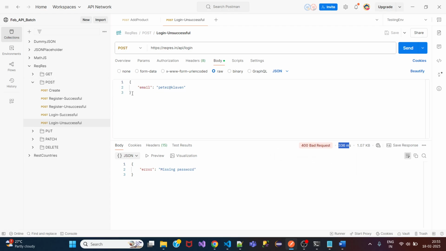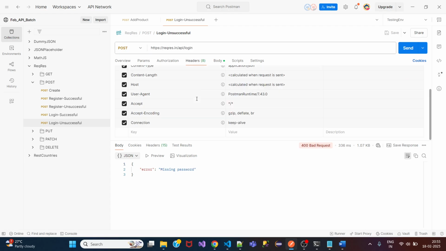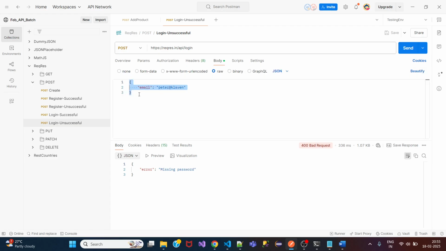You have entered everything correctly, whatever the documentation provided to you: it should be a post request, this is the URL you need to enter, these are the headers you should have, and this is the body you should have, and everything you have done correctly. There is no space in the URL, no missing comma. Everything is fine here. Still, when you're sending a request and you see 400 bad request, it says,